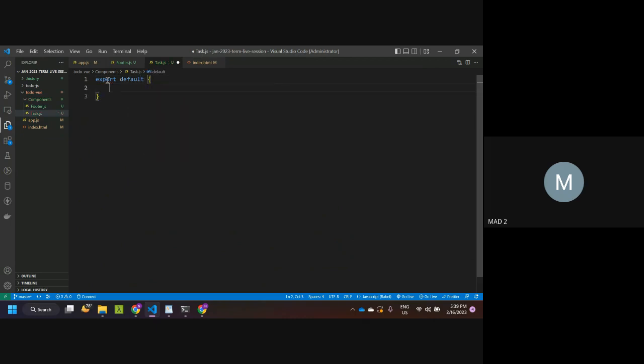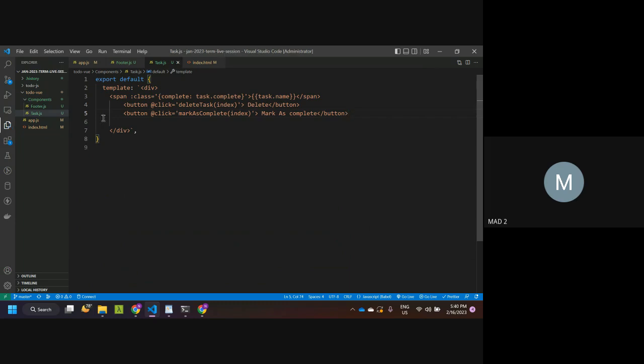Default template, write it here. You just have to keep in mind that each template should have a single root. Single root means it should be wrapped inside a single component, a single element, like I am wrapping it inside the div. If I paste this here,